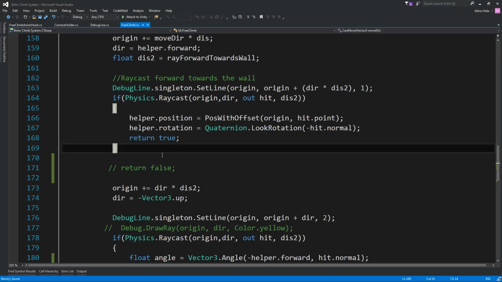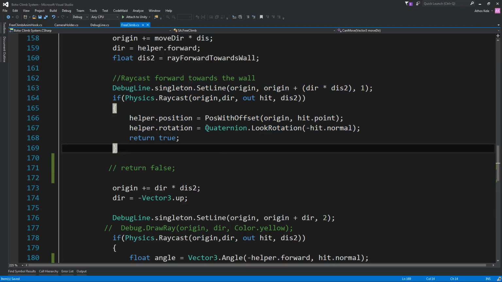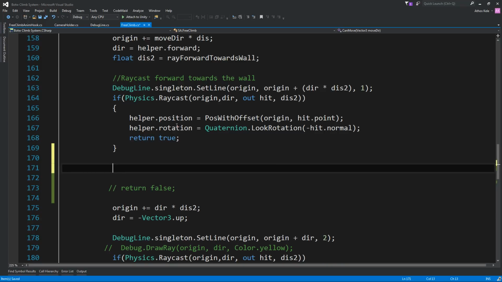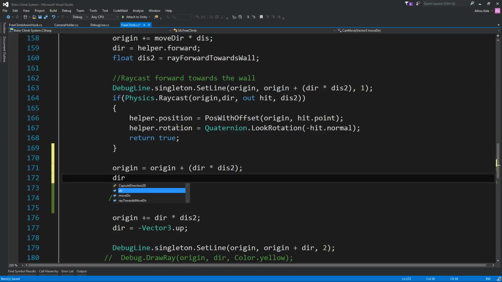Anyway, let's leave that. Let's say we want to go towards the wall. Let's make it go inside a corner. Let's create the origin. Now it's going to be origin plus dir multiplied by the second distance, and direction is going to be the opposite of our move dir.